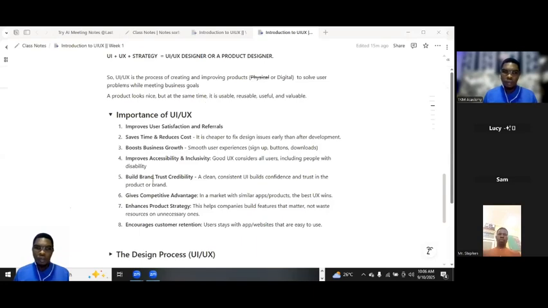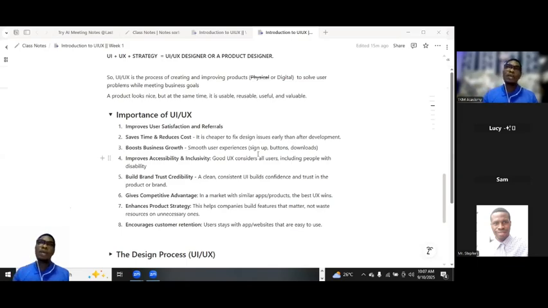So number five, it builds brand trust and credibility. Now, like I said, if you design an application and you want to sell it to investors, and investors see the design and are like, wow, this design is awesome, they are very interested in the design.